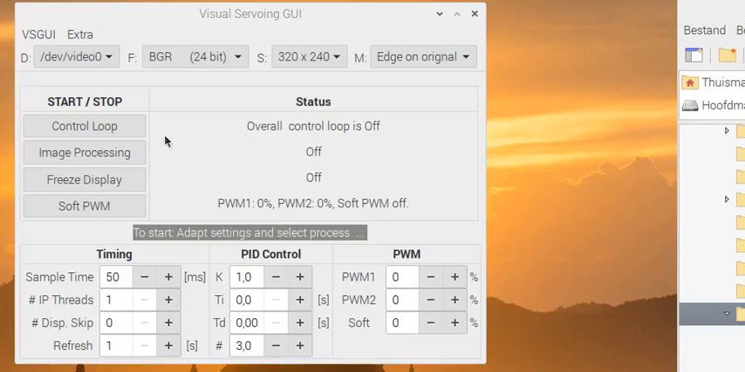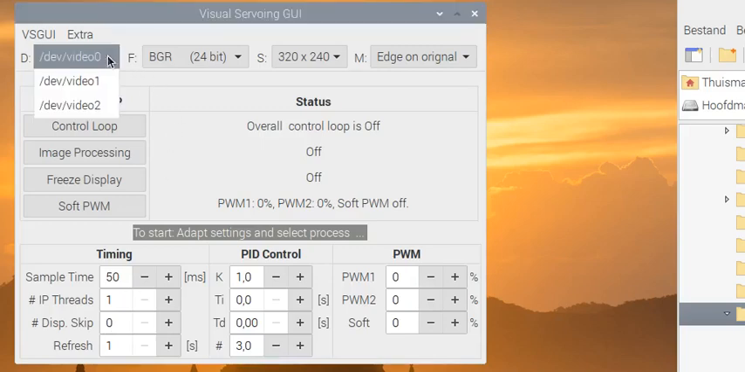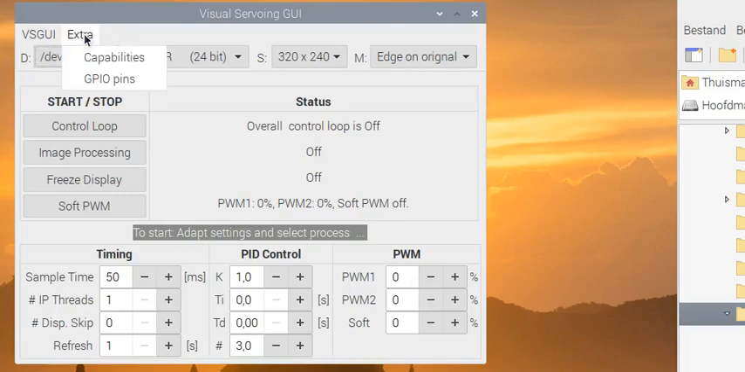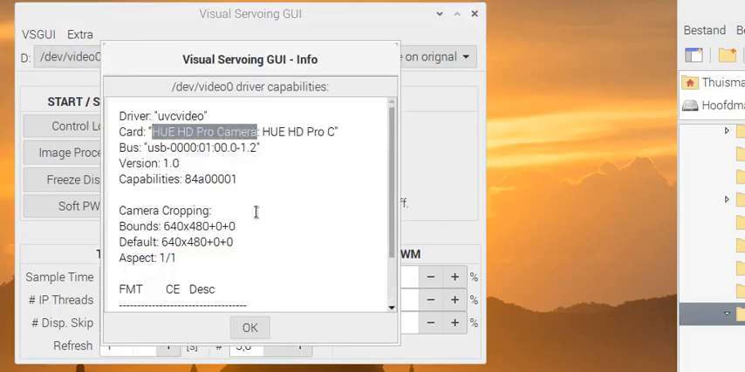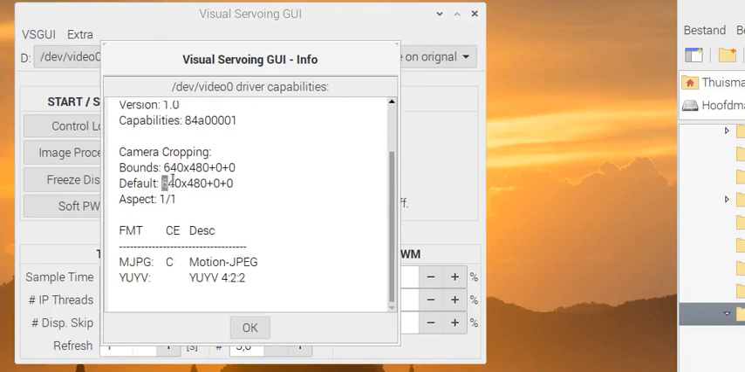This video shows some of the functions of the visual servoing GUI and how to use them. First of all, you need to select the video device. For instance, here I have a UHD Pro camera connected in a format